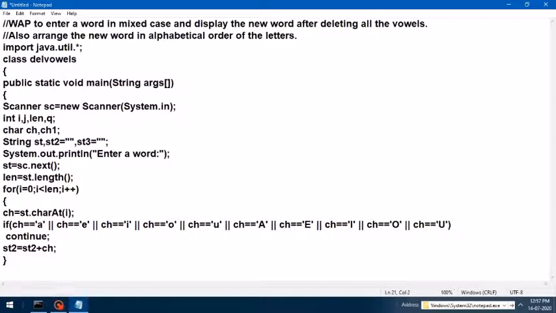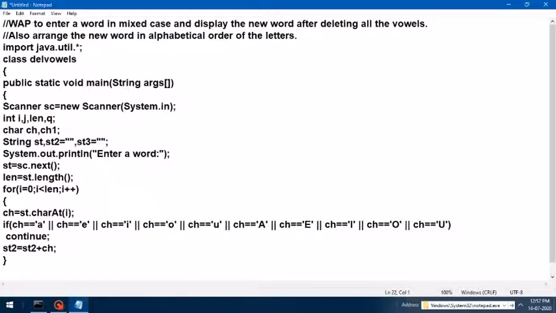One character is cut at a time. It is checked for vowel. If it is a vowel, it is not stored. Continue means we continue the loop and we go to the next iteration, the next index of the string. Otherwise, if it is not a vowel, it will be stored in string st2, which will be storing all other characters of the string except vowels.